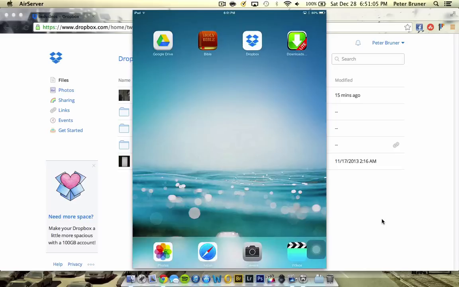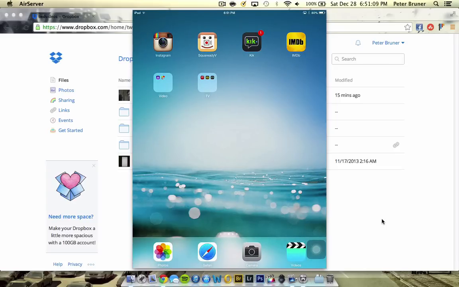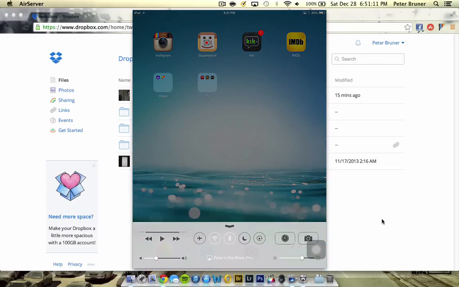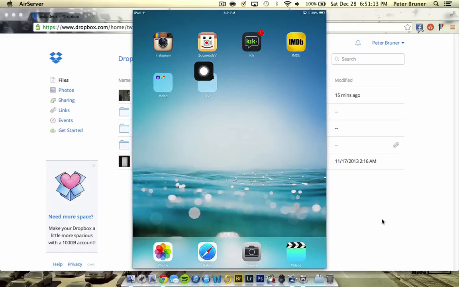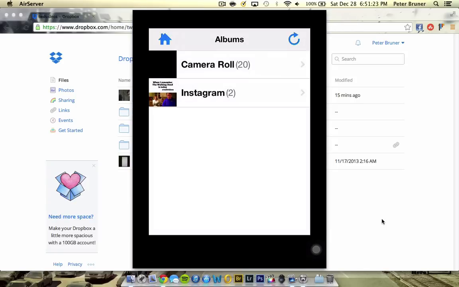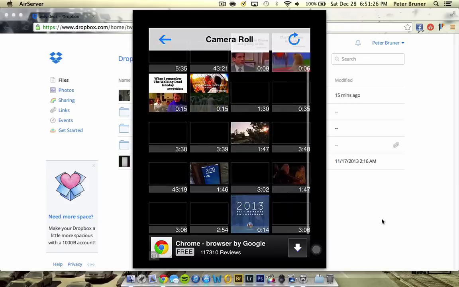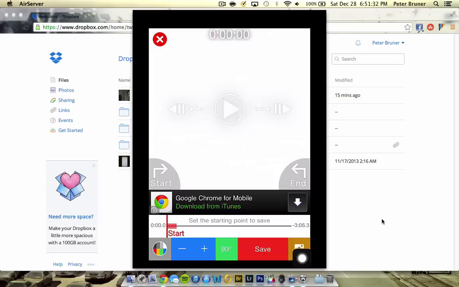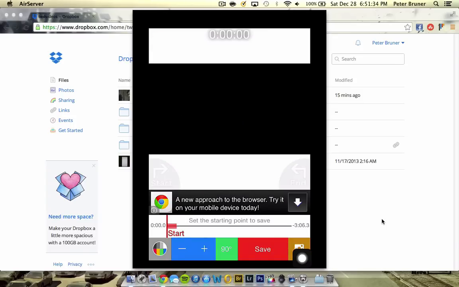So now you get to see the second part of what I do. As you can see, I have this app here called Square Ready V. It's actually called Square Ready Video. And this is what I do to make everything widescreen. So once this opens up, we can go ahead and hit Albums, Camera Roll, and here we have our video that we just downloaded. If we hit that, it'll load up this video,